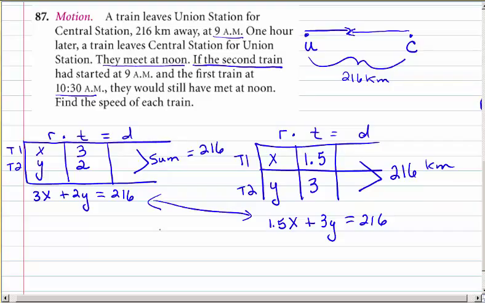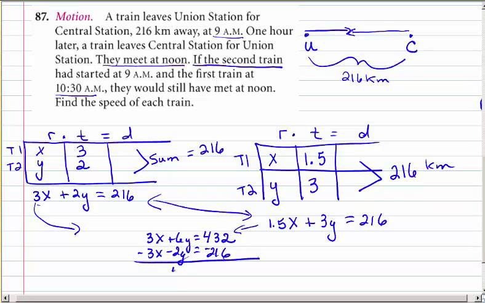This is a good problem for elimination because if I multiply this equation by 2, I'll get 3x plus 6y is equal to 432. And if I multiply this equation by -1, I'll have -3x minus 2y equals -216. And add those together, I'll have 4y is equal to 216, and if I divide 4 into 216, I find